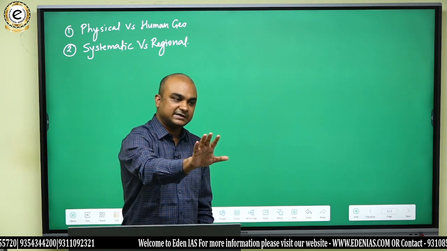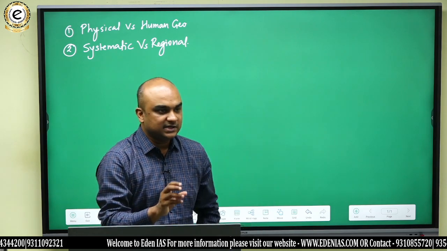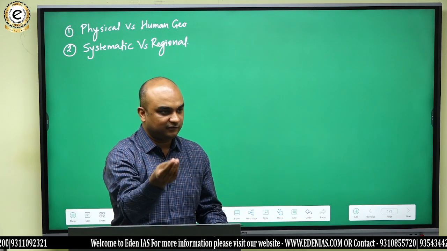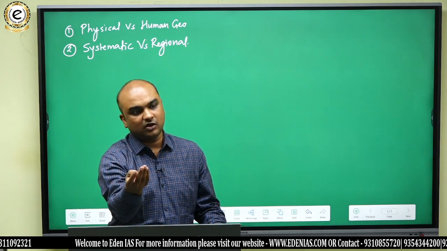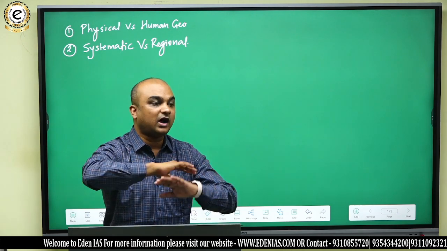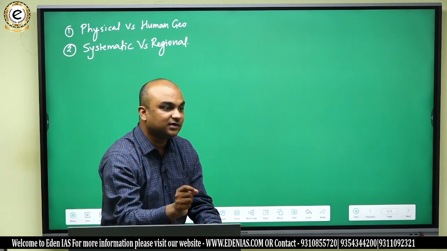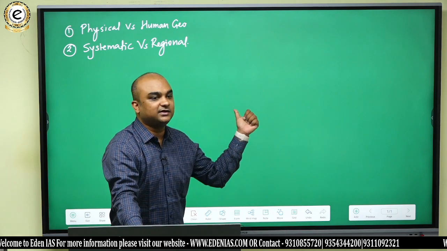Now try to understand that technically. Systematic geography is that branch of geography which says that we take one geographic variable, it could be either physical or it could be human variable, and we try to represent it over a map or a part thereof. Do you understand that? That is what is known as systematic geography.